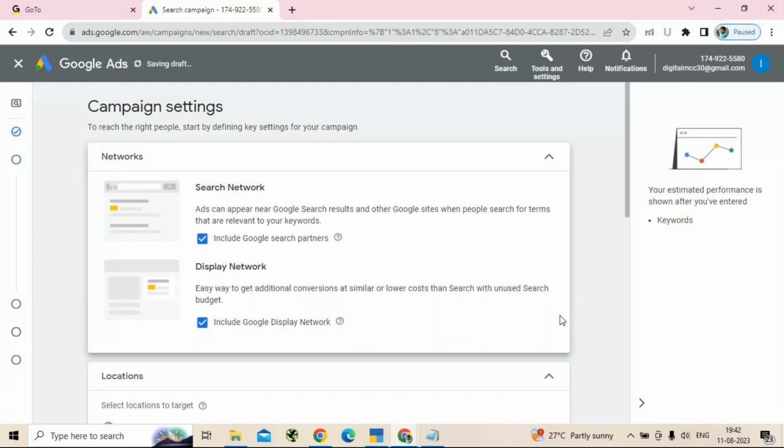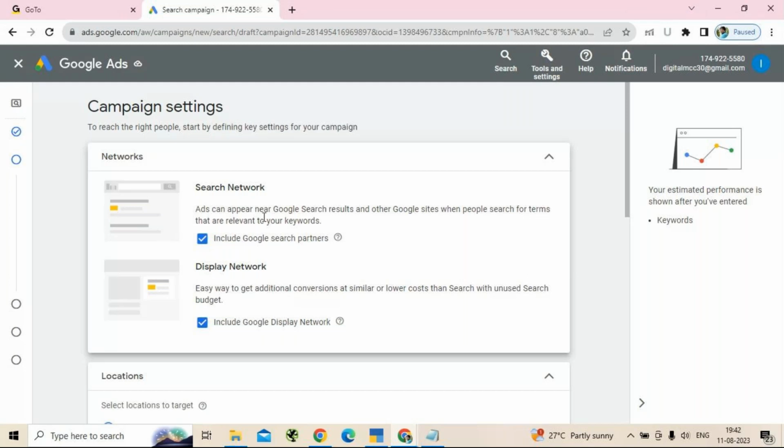Right? Yes. So here you will get an option: do you want to run a campaign on the search network or on the display network? If you want to run it on both platforms, you can, but be very clear about which space you want to run this ad.